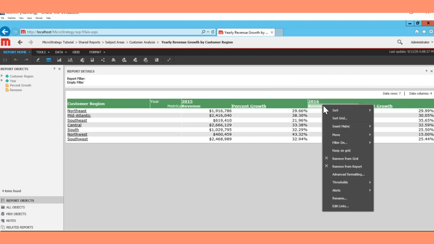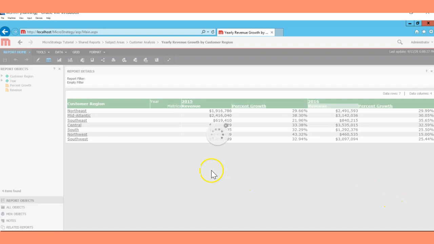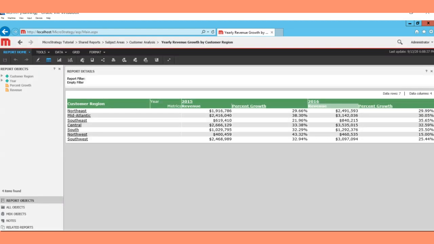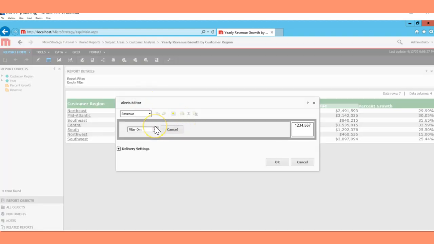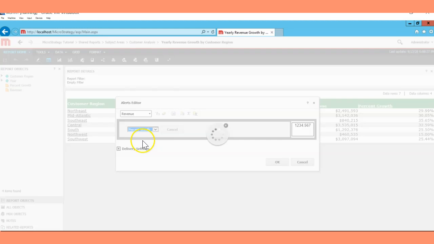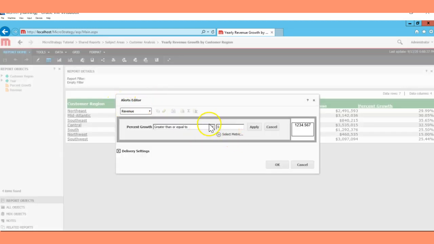And we are going to use the percent growth here. I'm just going to right click, and it should have the alerts option here. Yeah, that's the alert option, and I'm going to click on the email notifications. All right, in this filter on options, if you click on this drop down button, you can see a couple of options here, and here you have to select the percent growth, because we are going to create an alert based on some percent of growth in our data.